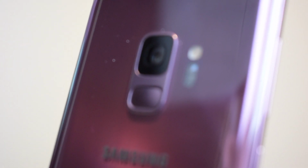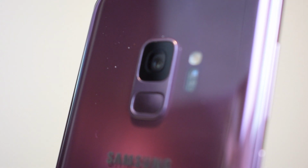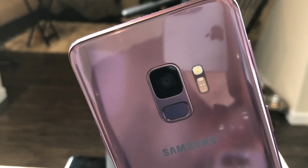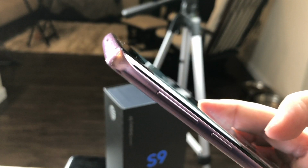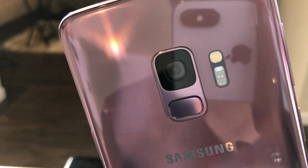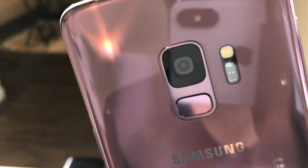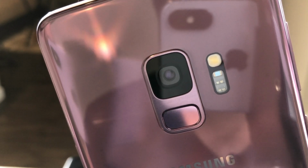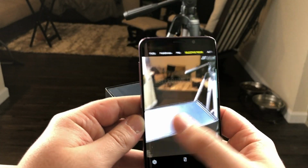As far as I know, it is the first and only phone to have an actual variable aperture, and this is really impressive. So what does a variable aperture mean exactly? Well, basically, it means the aperture can physically change, in this case from an f2.4 all the way up to an f1.5 aperture to allow in more light, thus giving you better performance in low light and even really dark